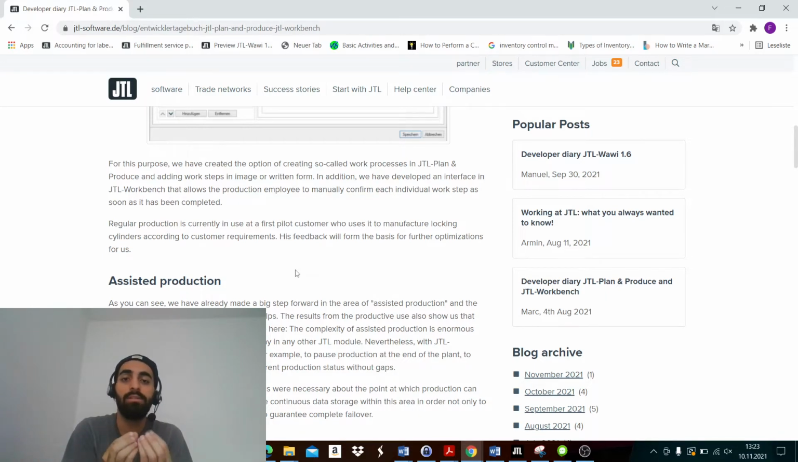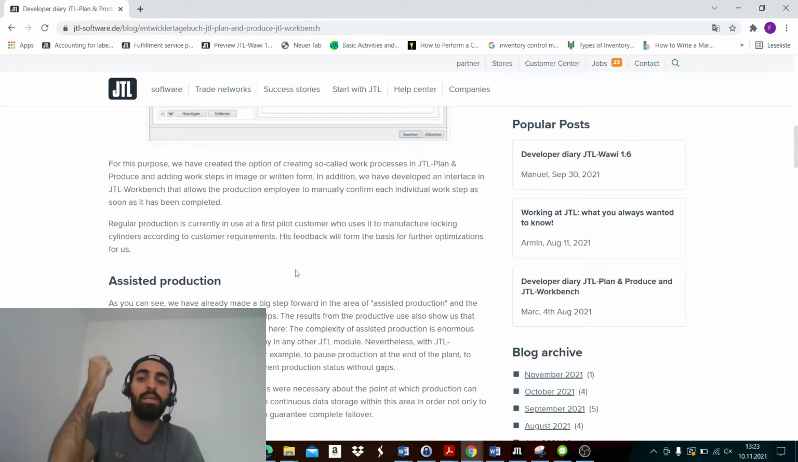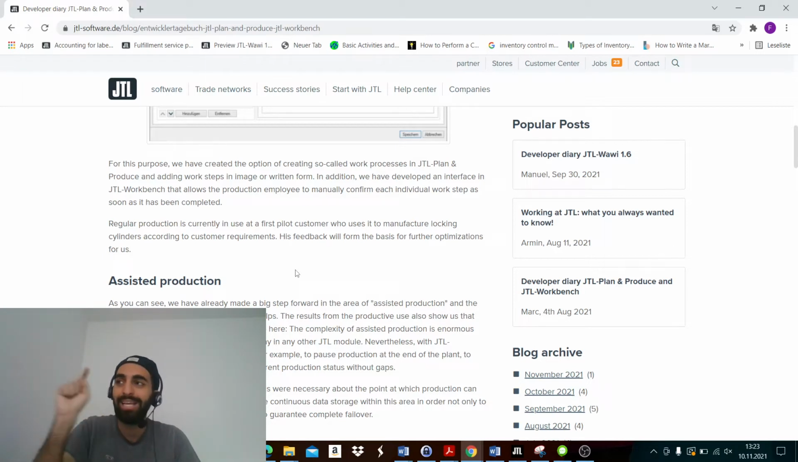These work processes are literally an interface inside of the workbench that allows the production employee to manually confirm each individual work step. So basically, if I was doing a t-shirt and I finished the top shelf, there were steps in the top part of the t-shirt. I would say, okay, I finished this step, this step, this step. So this can help you in further optimizations,